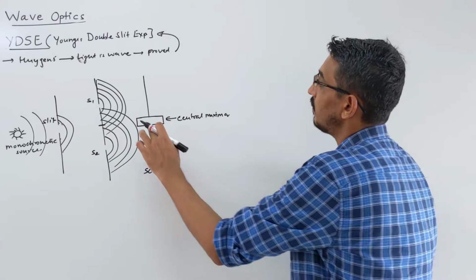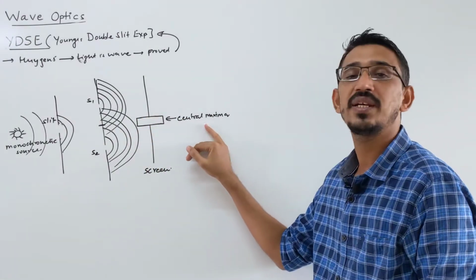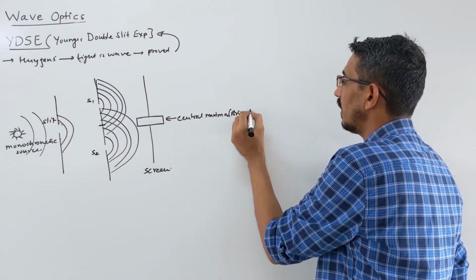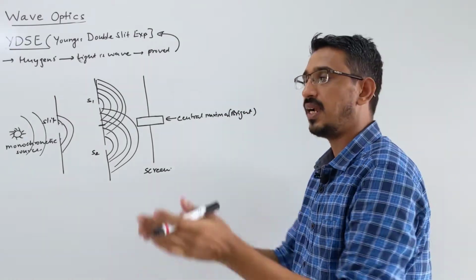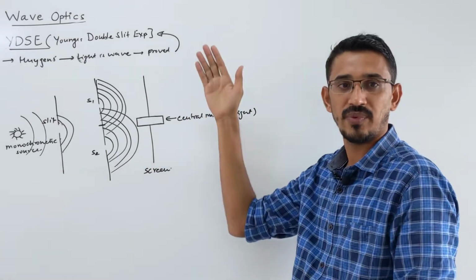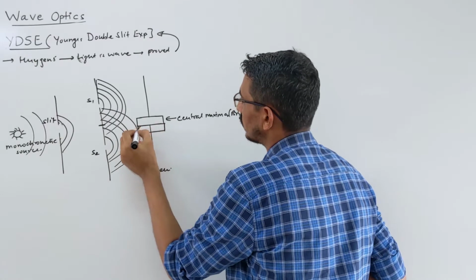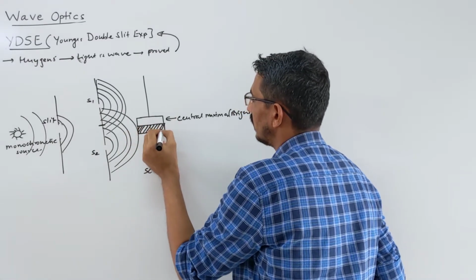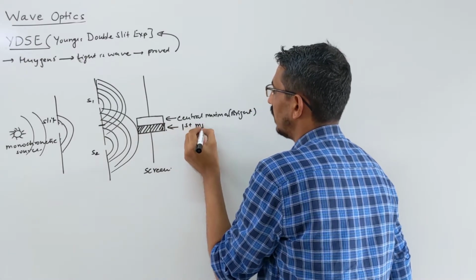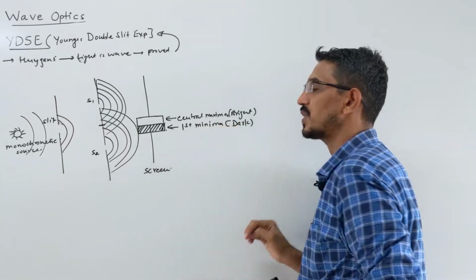The central fringe, number 0, is always reserved for the central maxima. A bright fringe is formed here, and it is always called the central maxima. Then fringes will form alternately. After this, on both sides we have dark, then next is bright. The next fringe to this will be dark, so I represent it like this. This is a dark fringe, called the first minima, or your dark fringe.